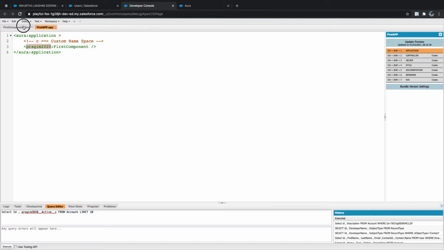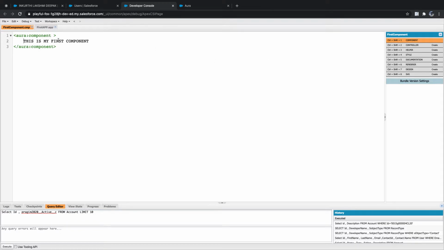Okay. Now, in components, we have a few things that we need to remember. First thing is interfaces, the way I showed before, right? Available for record page, available for lightning digital experience. The second one is onload actions.